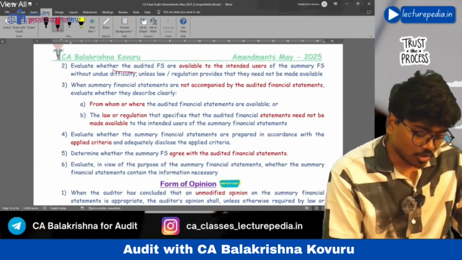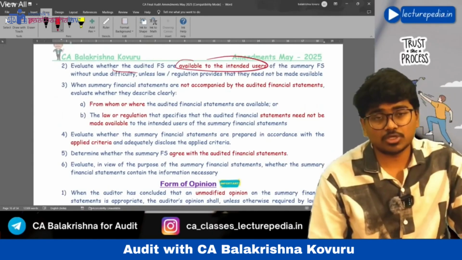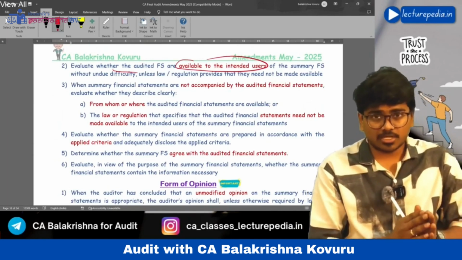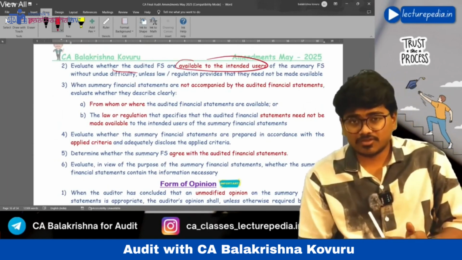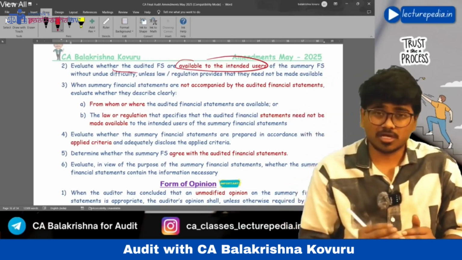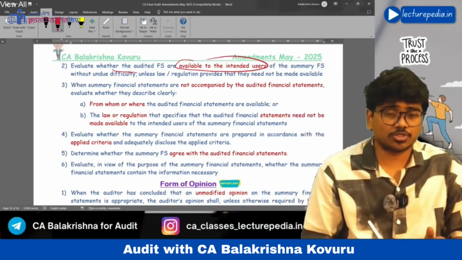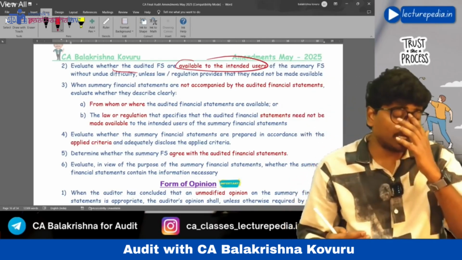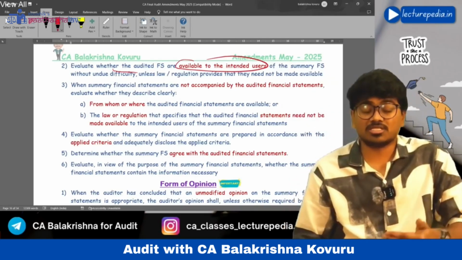Next, evaluate whether audited financial statements are available to the intended users. We have already discussed this point. Whenever the management gives summary financial statements to the users, along with them it should give audited financial statements also.